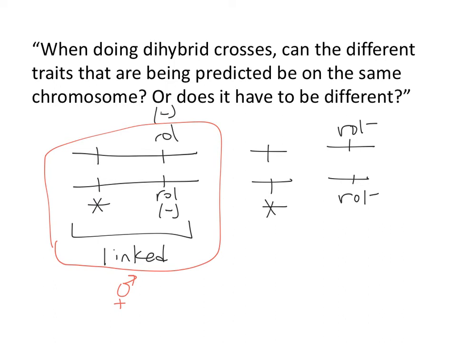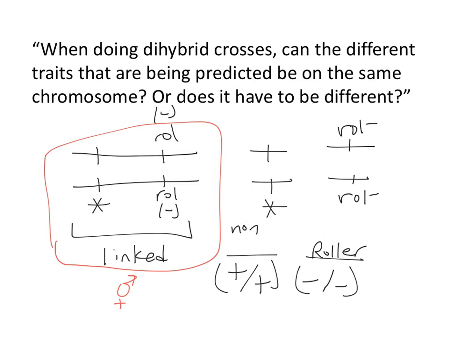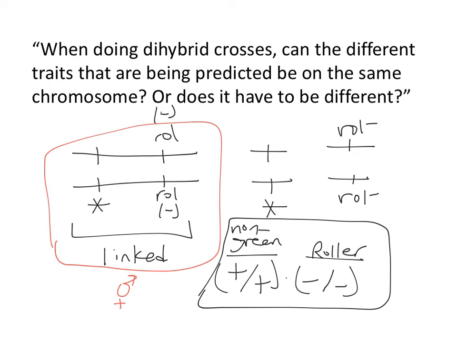So we said the roller was recessive, so you have to have minus over minus to be a roller. And what's the genotype to be not green? You have to have no asterisks, like no copies of the GFP gene. So you'd have to be plus over plus. That's non-green, or wild type, if you will. So that would be the genotype of a non-green worm that spins around in a spiral, a corkscrew, when it tries to crawl. Can we ever get that with that genotype circled on the left?